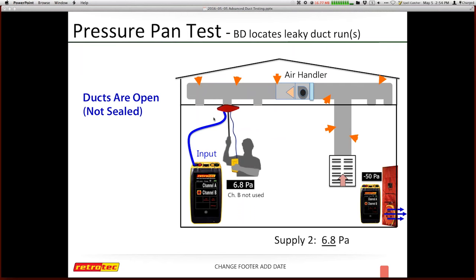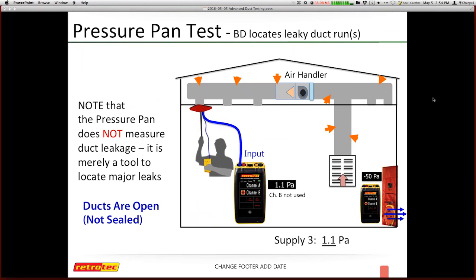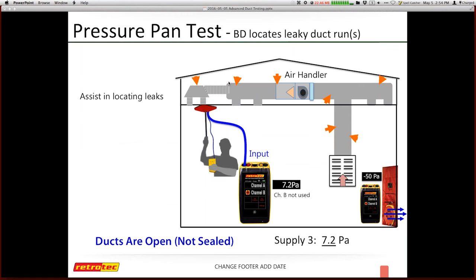Everything is open. So the first one was around 1. This one is around 6.8. So I definitely know that I have significant leakage. It's all in this area. And the last one I do is, again, around 1. So I know that my real problem is actually the center duct. It's probably between this duct run and this duct run, is where the pressures are going to grab. So when I go to the attic,